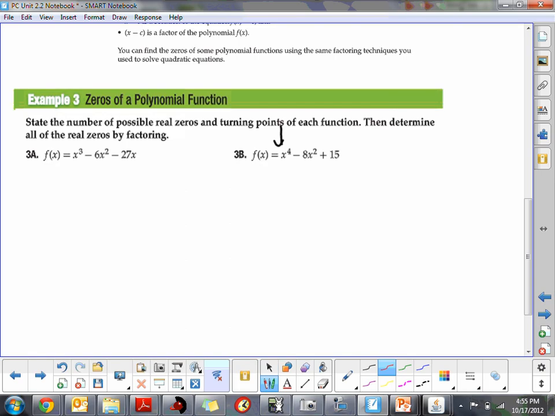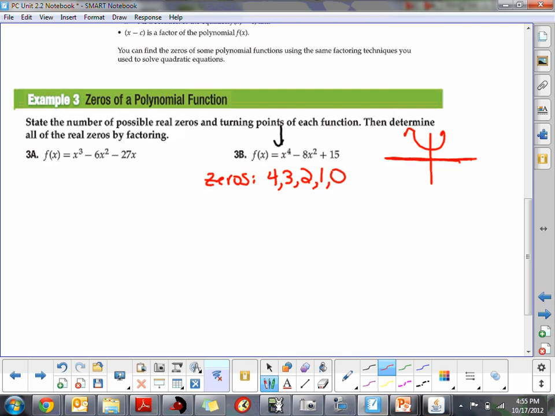Now, we want to know how many zeros there are. The number of zeros on any even function starts as high as the power, so it starts at 4, counts down, it can have 3, it can have 2, it can have 1, and it can have 0. Just trying to keep in mind, we could slide that smiling face up and it would miss the x-axis entirely,